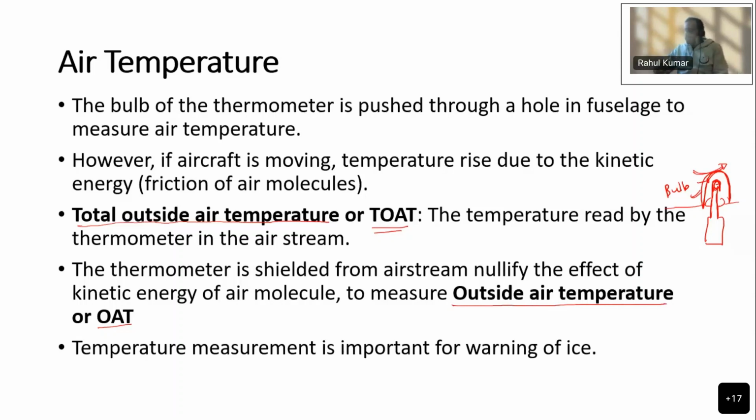Now the temperature tends to rise at high velocity. So if you are flying at very high velocity, the temperature will increase, and above Mach 1, that is above the speed of sound, due to the air friction, the temperature will rise more. Okay, now to give you an example of how much this temperature due to air friction can be,